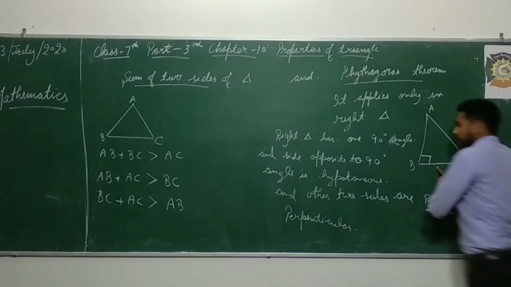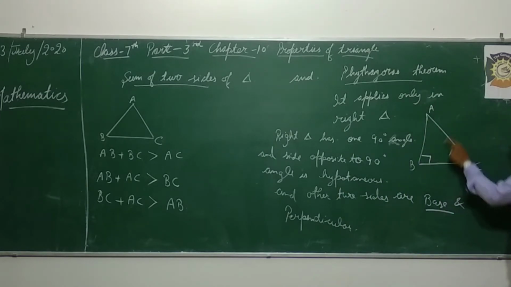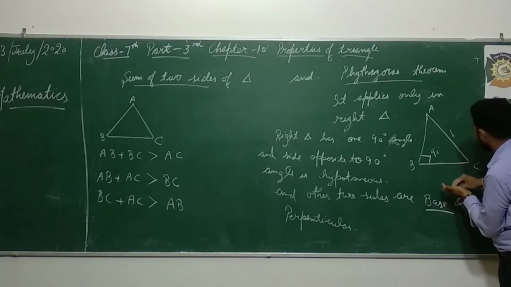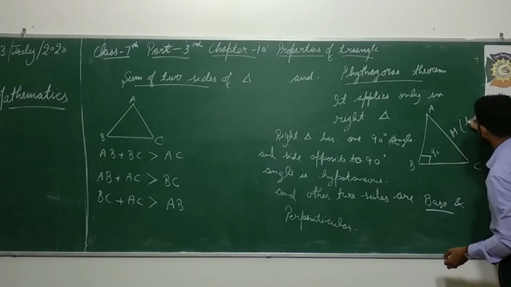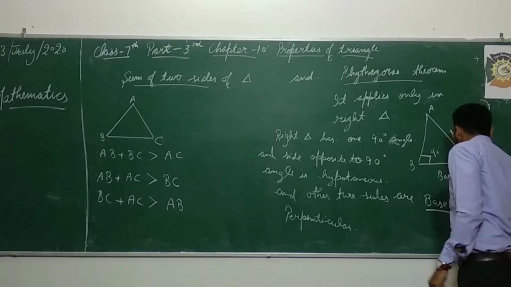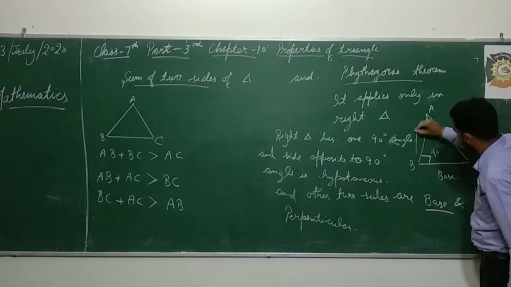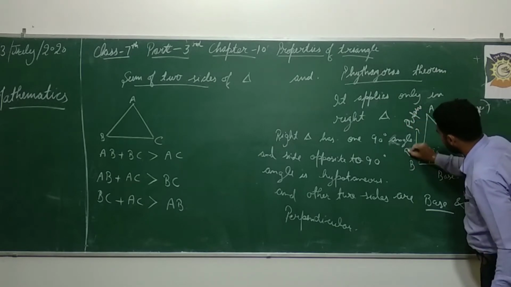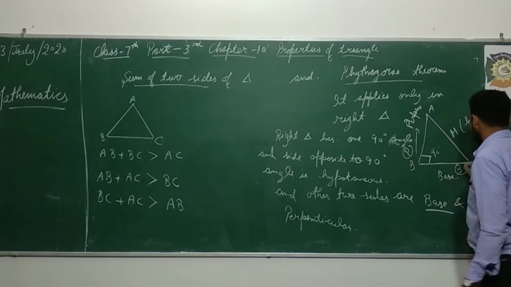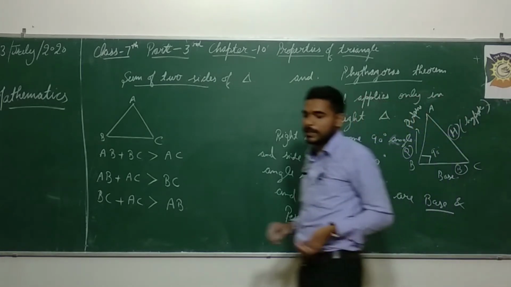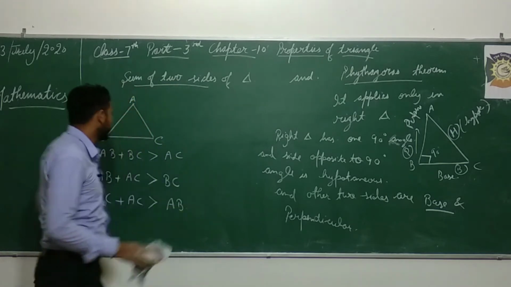I just write it here. The side opposite to the 90-degree angle is the hypotenuse, and the other is the base on which the triangle stands, and this is the perpendicular P. It is base B and it is hypotenuse H. Now students, what does